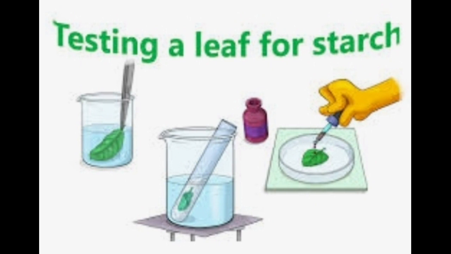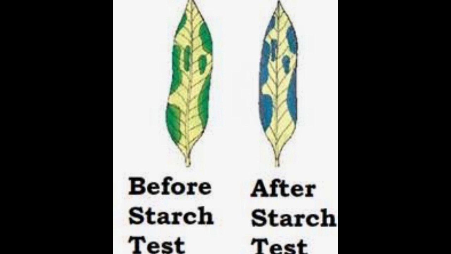So what is the iodine test? The presence of starch in leaves can be tested by iodine solution, which is called the iodine test. When we remove chlorophyll from a leaf by boiling it in alcohol and then put 2 drops of iodine solution, the color changes from green to blue. It indicates the presence of starch. By doing this iodine test, we can observe whether the leaf contains starch or not.